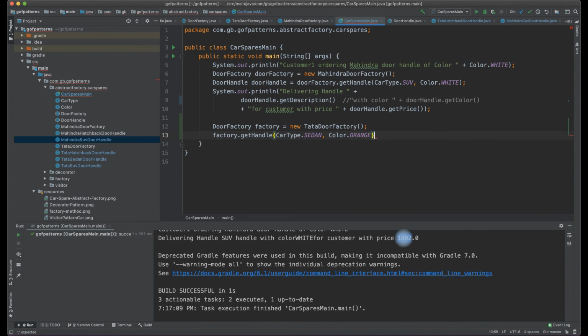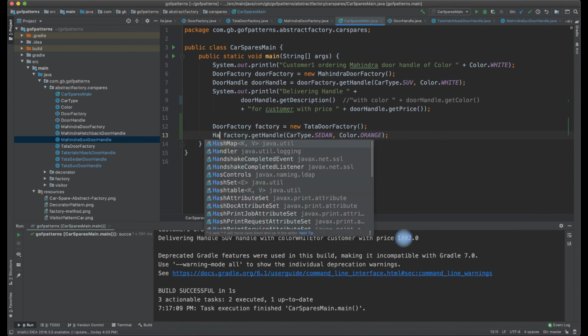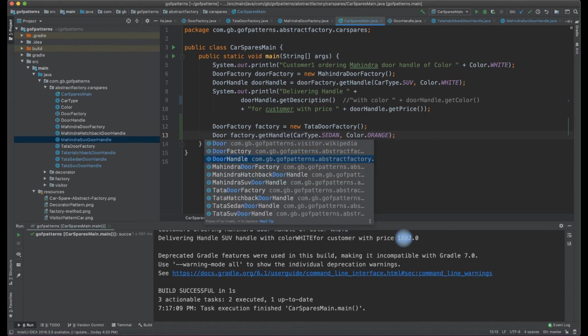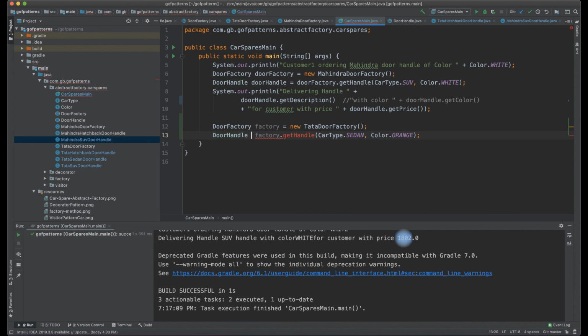I'm going to get a door handle for orange, so it is going to give me a handle which is of type door handle, Tata handle equal to.